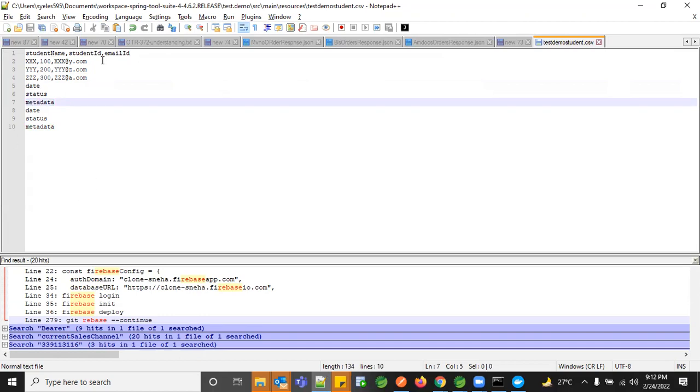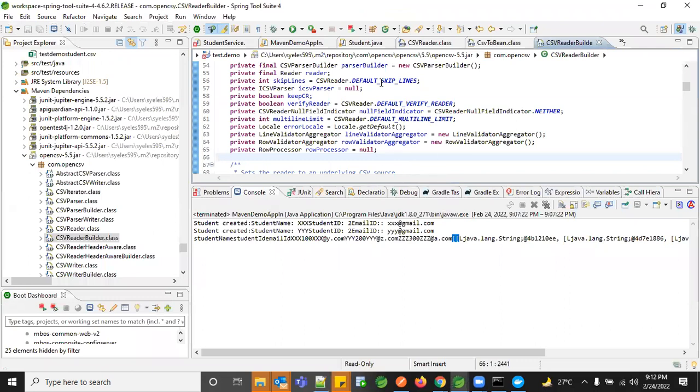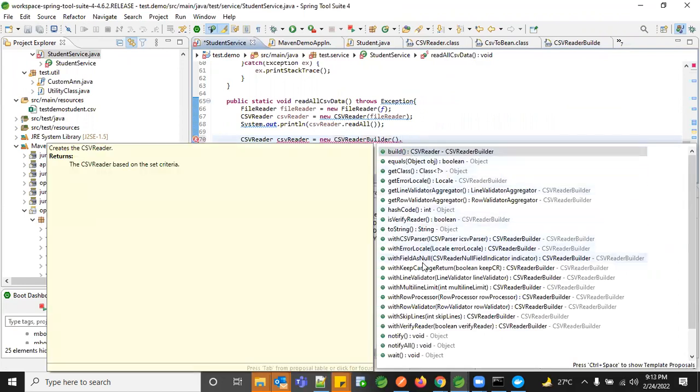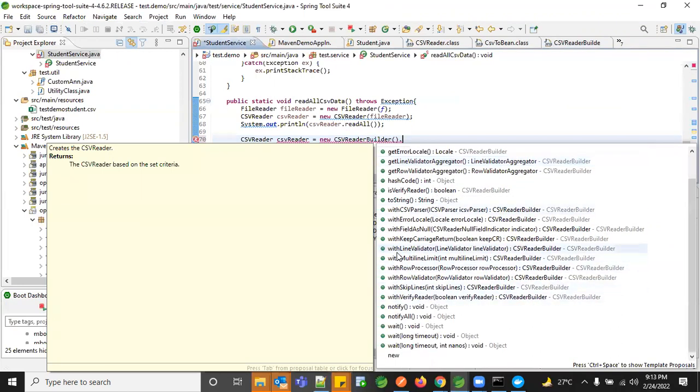So when we are trying to iterate or read your entire CSV file, we make sure that this metadata information is not parsed, that you're not spending time on that metadata. Instead, you want to skip this line. However you want to read your data, you can build it. The structure you want, you can build it here. And you can see there are multiple options. You want to build your object, or use a line validator, or you want to skip those lines.